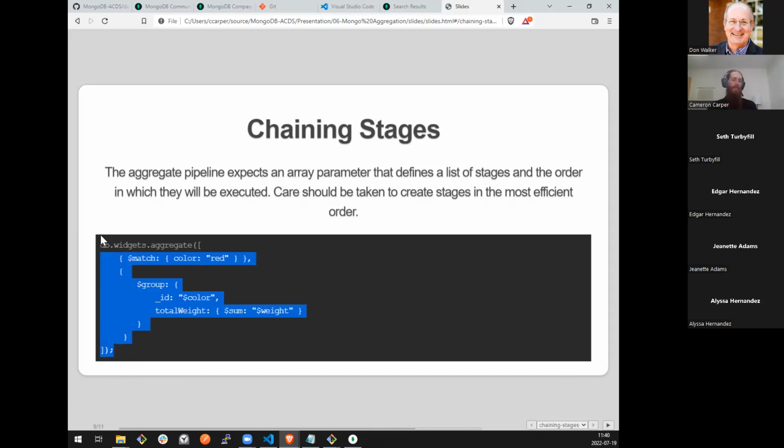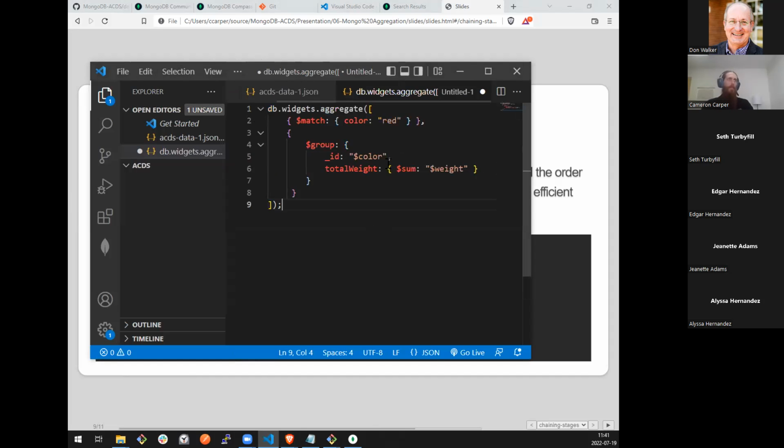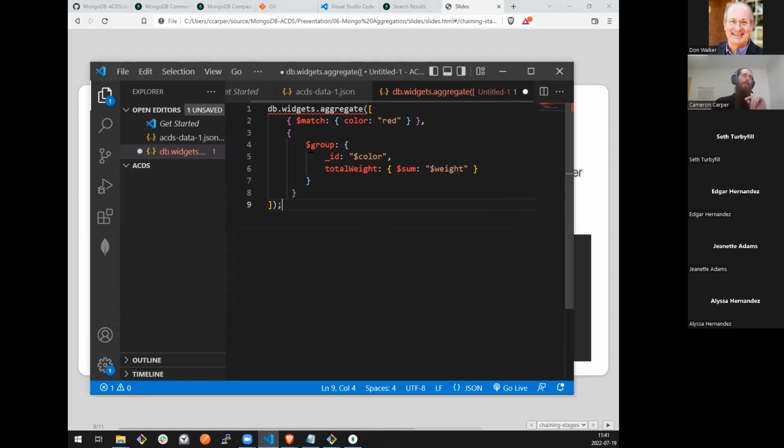So I'm going to drop this in VS Code so it's easier to read. If I can find it, here we go. I'm not going to be able to make this one look terribly good because I am going to give you the command line or the command type access, where in Compass, it's effectively doing this part for us. I guess I'll switch this to people. So this is how we chain steps in our aggregation pipeline.